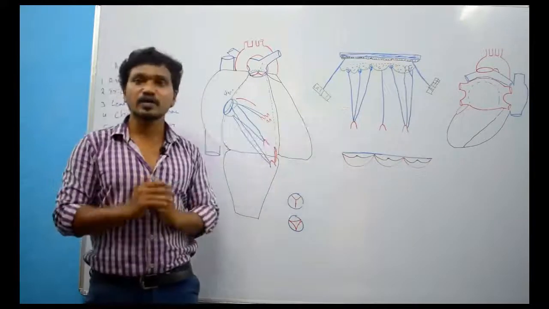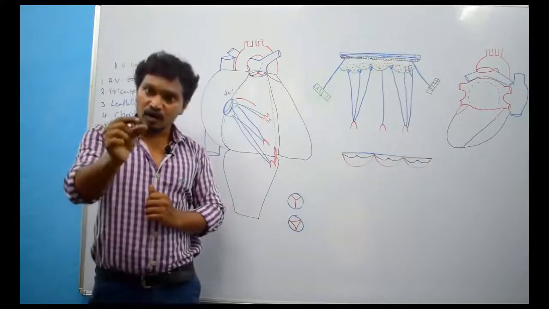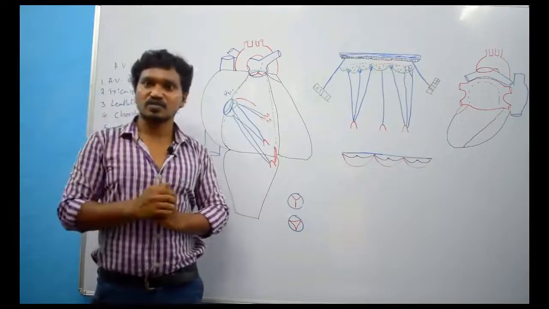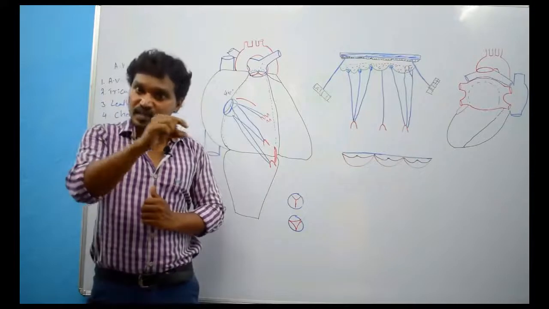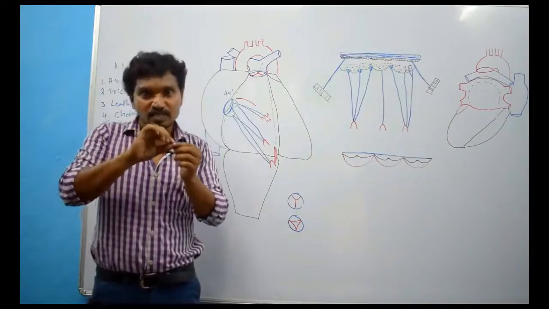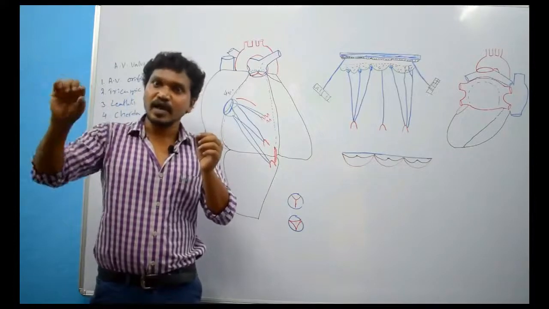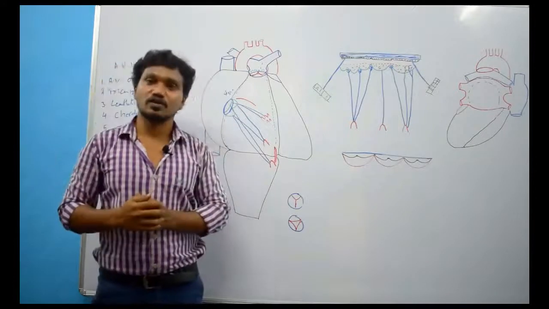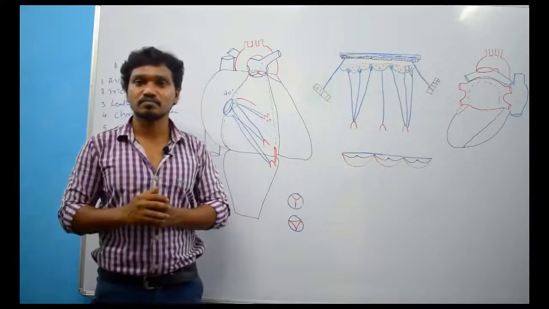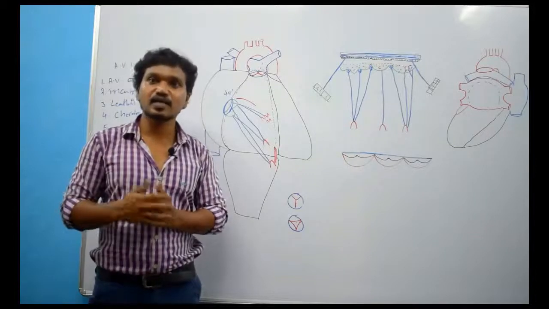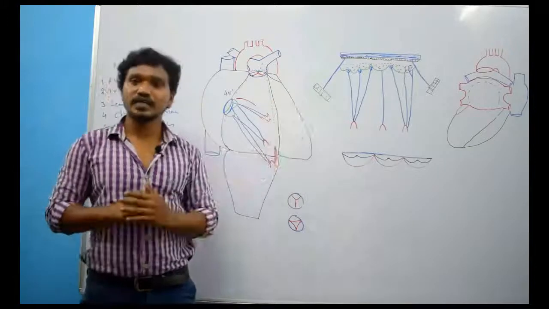And one important applied anatomy here. This is a potential site for the trapping of blood clots. Clear? If they dislodge from here, these clots travel through the blood vessels and get trapped within the systemic circulation, which leads to systemic embolism, like cerebral embolism, renal embolism. Clear? So that is about the left atrium.